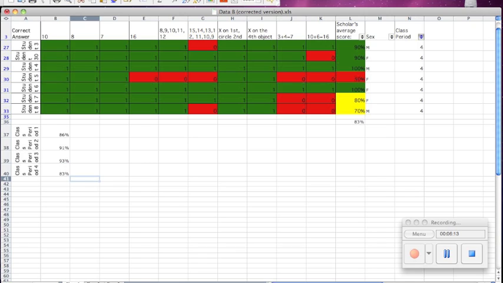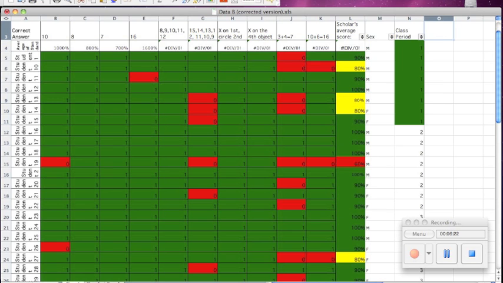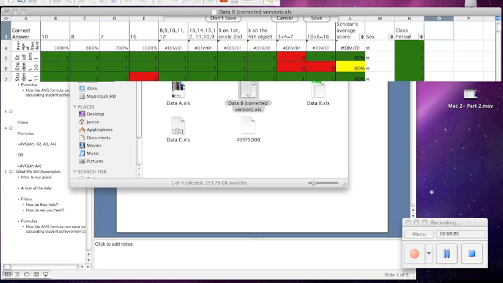Okay, so now you're able to very easily compare class periods 1, 2, 3, and 4. I'm going to save these changes and turn this filter off so we're back to our original data. I'm going to save and close that out, and we're going to move on to our last one,